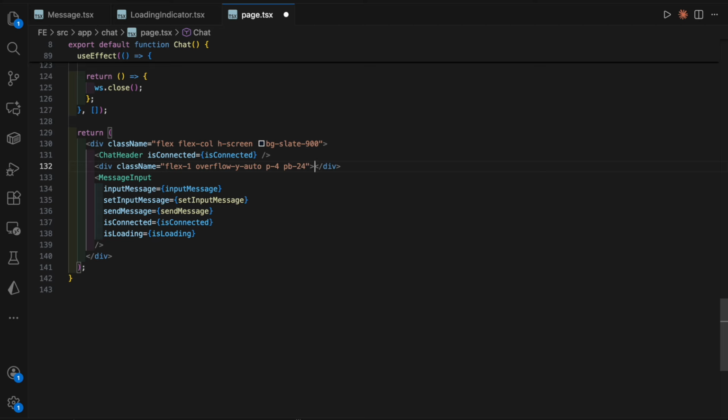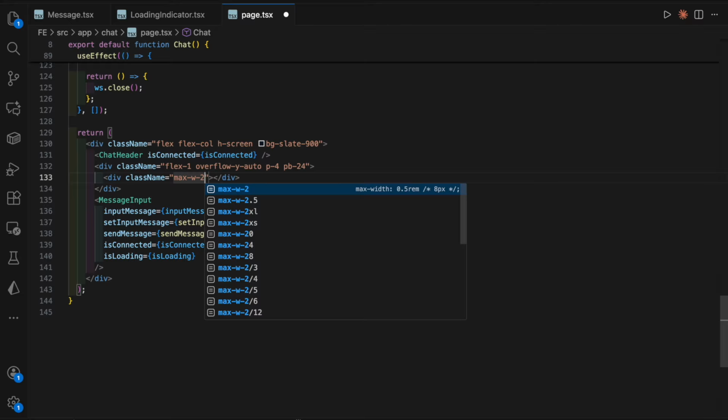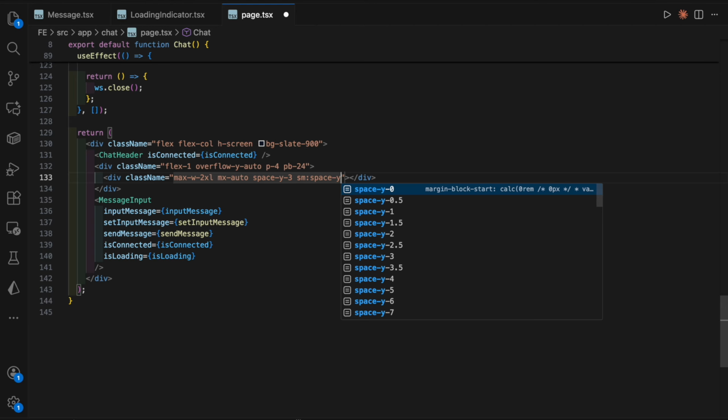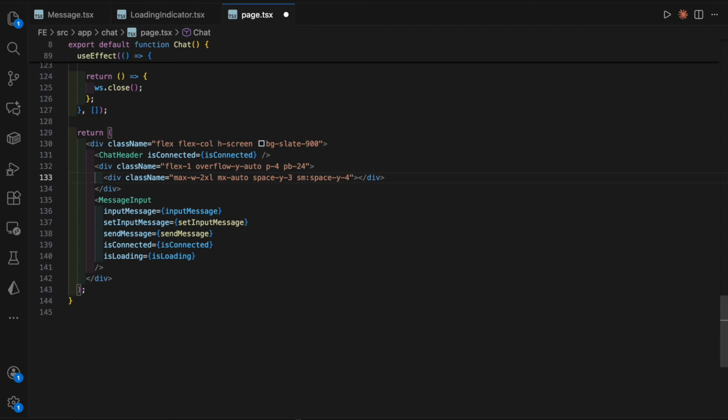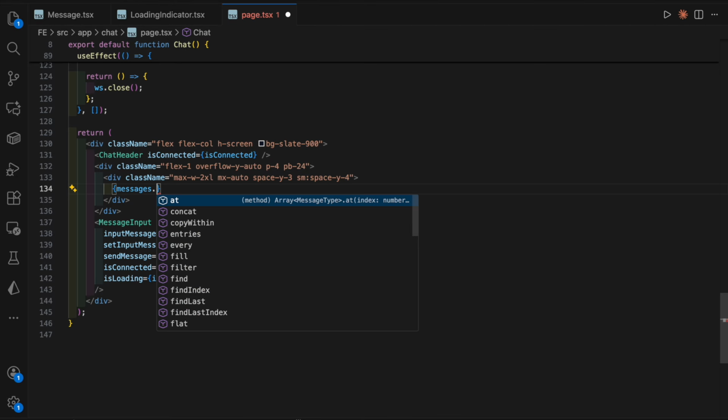And then we want a container for messages with max width and centered. So in here we'll have a div, class name will be max width 2XL, mx auto, space Y3, and then above small screens we'll add a bit more spacing on the Y, space Y4. And then inside here we want to loop over all messages and render each one. So we can say messages dot map